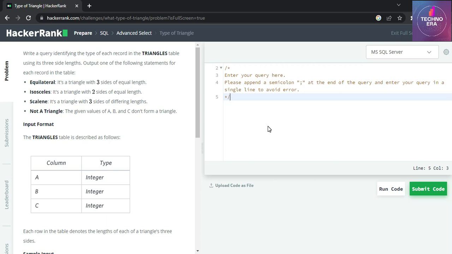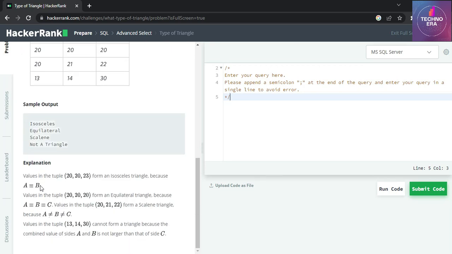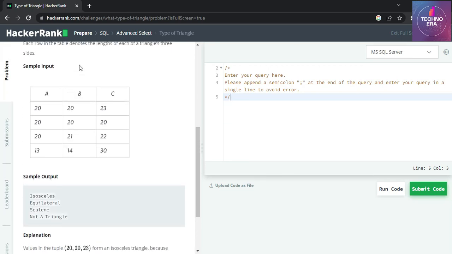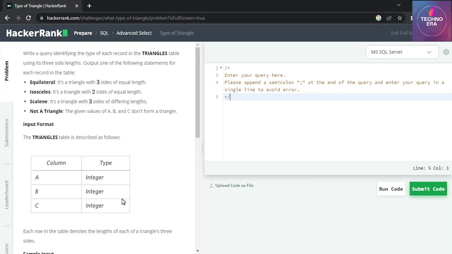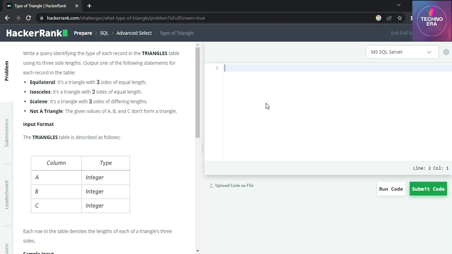Not a triangle: if the sum of two sides of a triangle is not greater than the third side, then such data will not represent a triangle. This is also mentioned here in the tuple values. With the example they have explained here when it is a triangle and when it is not a triangle. So coming to the solution part, we have to select